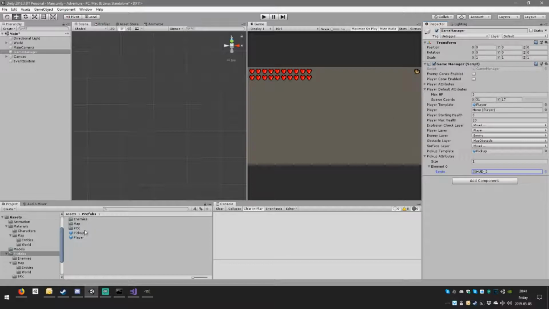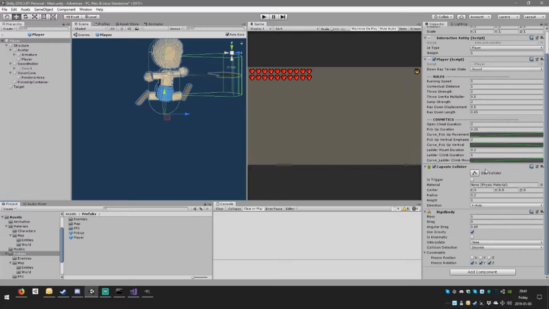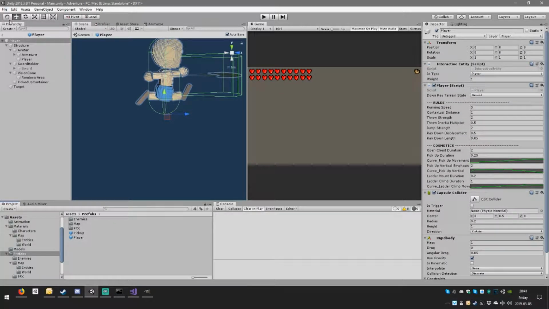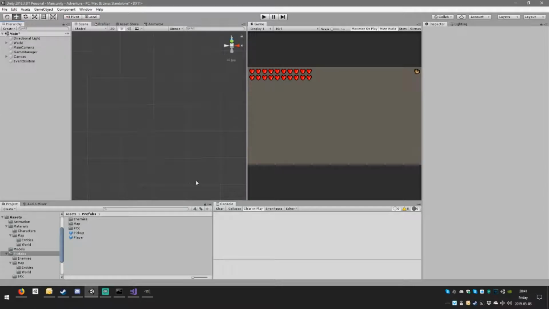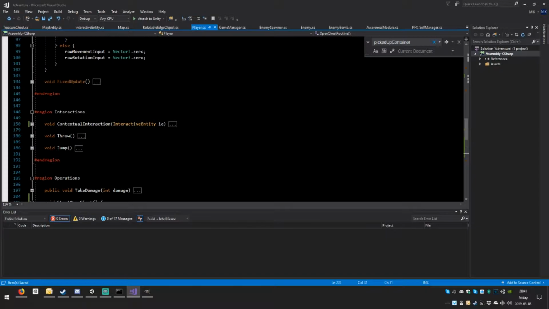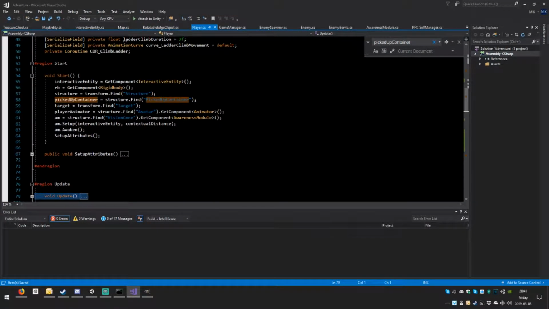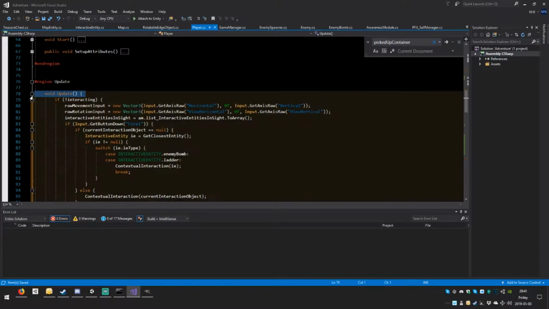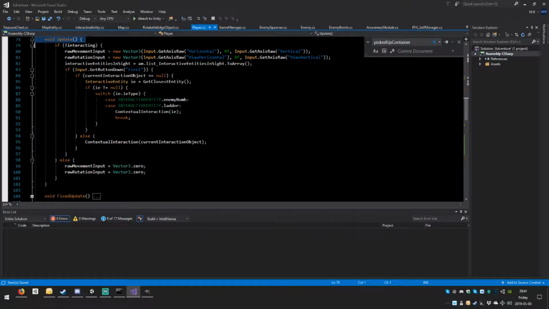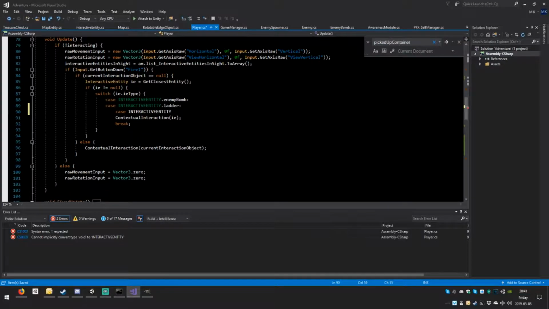So let's quickly go to the player. And no, everything's already been done. Okay. Let's see if it works. Now, wait a moment. So let's see that everything is hooked up correctly. And the player needs to press A. When the player presses A, contextual interaction only happens with enemy bomb and ladder. So add case space tab dot treasure chest colon